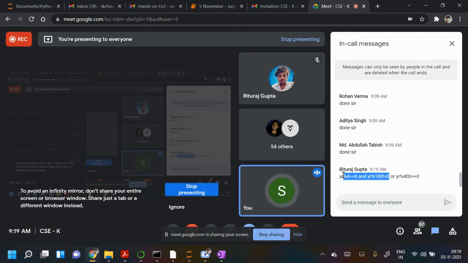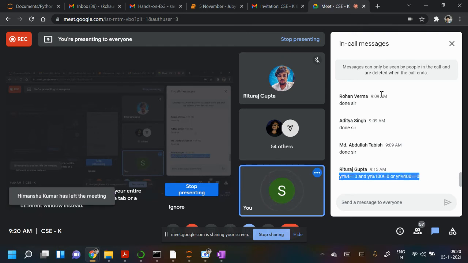And in this condition, like 2004 is a multiple of 4 but not a multiple of 100. 2008 will come in this condition. 2012, 2020, 2024, 2028, these all will be leap years. Just write this condition only, others you know how to write.